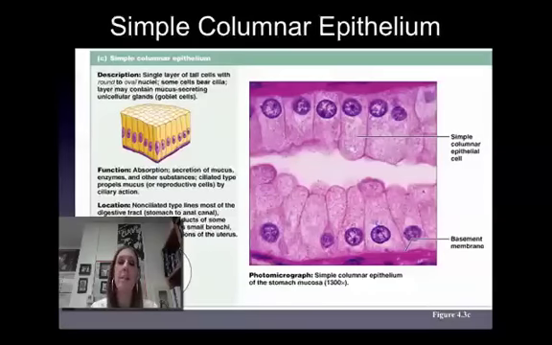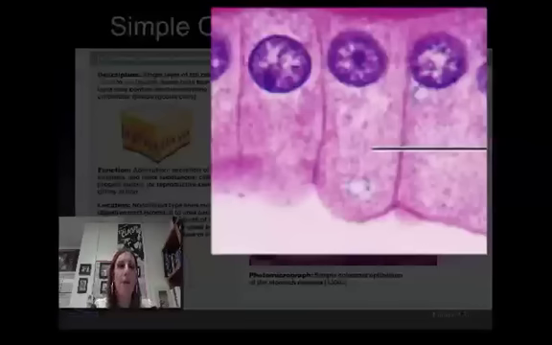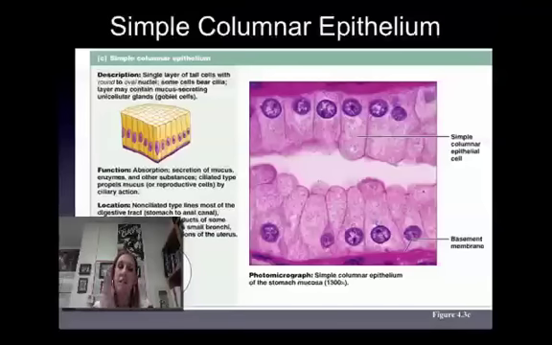Next up is our simple columnar epithelium. Notice the cells are much, much taller than what we looked at with the cuboidal cells. Sometimes they have cilia, which are these little extensions on the end of the cell, towards the apical surface. Most of the time, their nuclei will line up nice and orderly, so it's easy to tell that they're simple